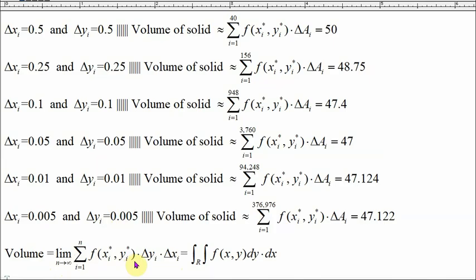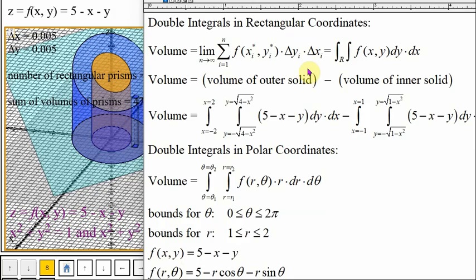And then recall that before, just like before, we define this as the double integral right here. Here's the double integral that we want to calculate. So to calculate the volume of the solid right here with region R between the two circles, what we can do is calculate the volume of the outer solid and then calculate the volume of the inner solid and then subtract. And then notice that for the outer solid, x will run from -2